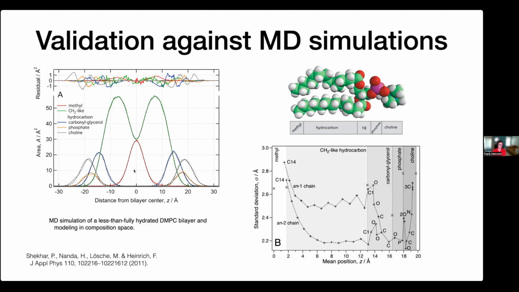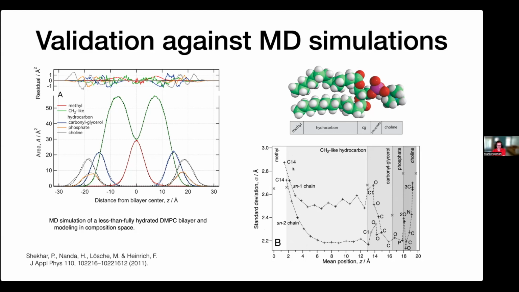and now you're trying to model that with a one-dimensional composition space model. And it does the job, but it takes some shortcuts. Well, it needs to adjust to that. The crosses indicate the actual interfacial roughnesses, which should correspond to the standard deviation of those atoms at those positions, and it is approximately right. So they follow the trend. But of course, they don't 100% correspond to what you see here. Also, if you see where the boundaries of those groups were set by the model, they mostly agree